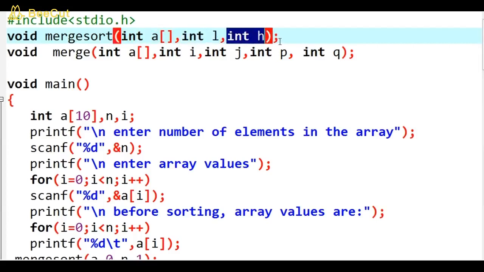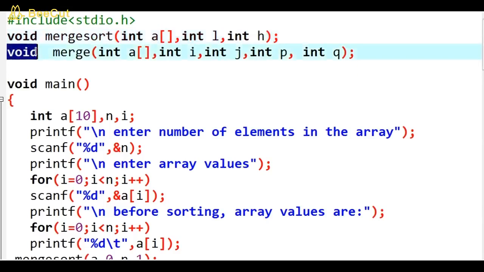Then void merge(int a[], int i, int j, int p, int q); this is for merge operation or combine operation. a is the original array, i is the starting index of the first part, j is the ending index of the first part, p is the starting index of the second part, q is the ending index of the second part.